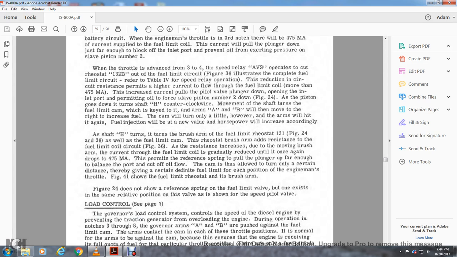As shaft 8 turns, the brush arm for the fuel limit rheostat 132 moves, figures 24 and 36. The fuel limiting cam and the rheostat brush arm add resistance to the fuel limiting coil, figure 36. The resistance increases as the brush arm moves, and the current through the fuel limit coil is gradually reduced once again, dropping to 450 milliamps, which permits the reference spring to pull the plunger far enough to balance the port with the cutoff of the oil